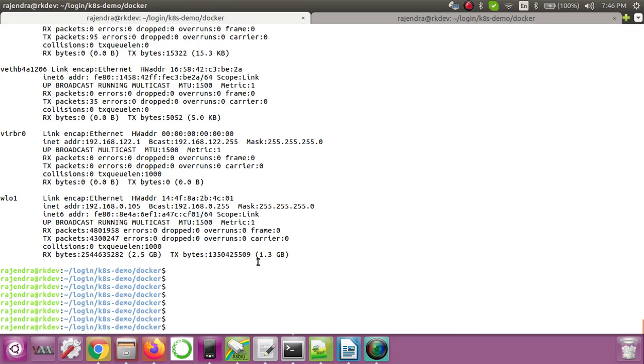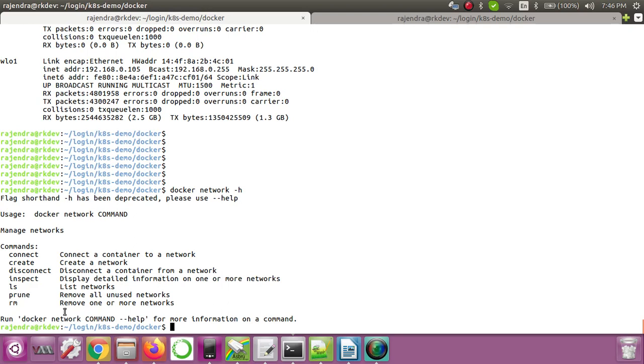Now let's try to remove the network. Okay, docker network, if I do -h, we can see the command. Now let's try to remove the my bridge network that we have created. If I do docker network rm my bridge, it will not allow us to delete this network, because right now there is one running container available on this network.